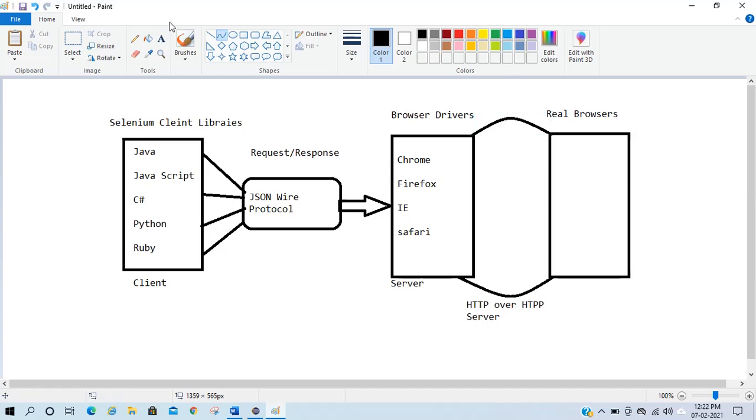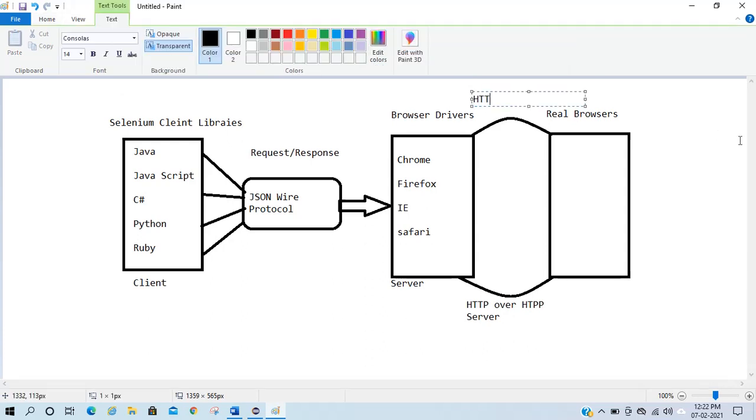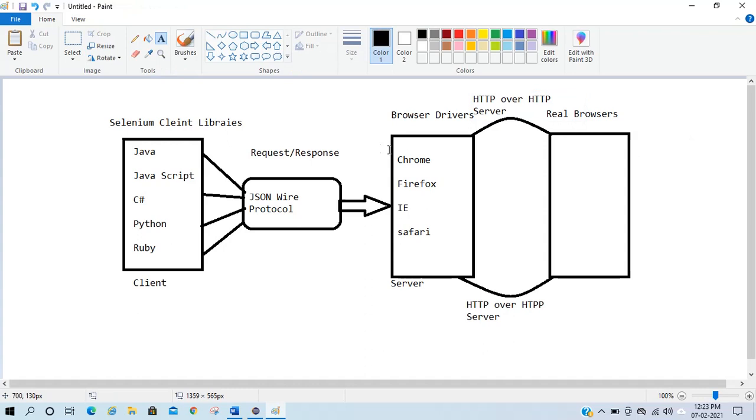We have different real browsers as well. So I will repeat again, this is the Selenium 3 architecture, before Selenium 3.8.